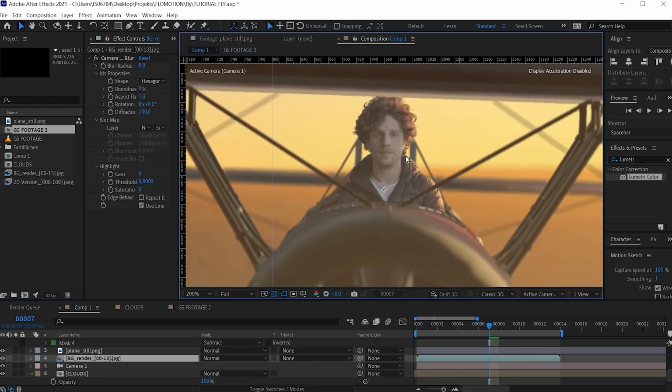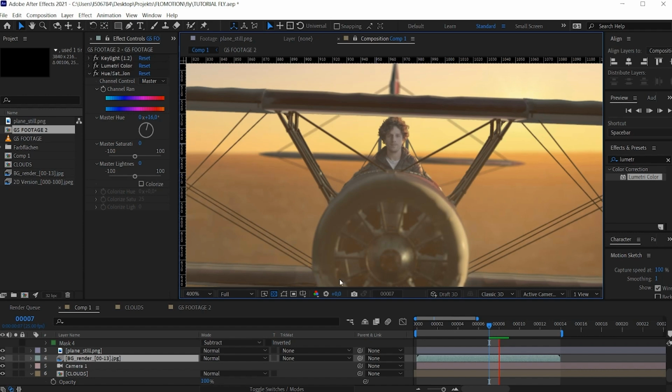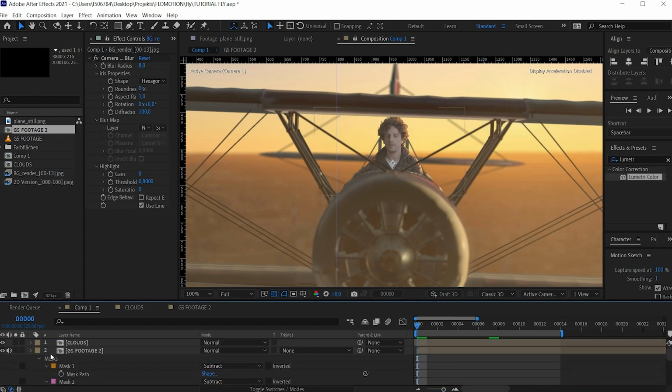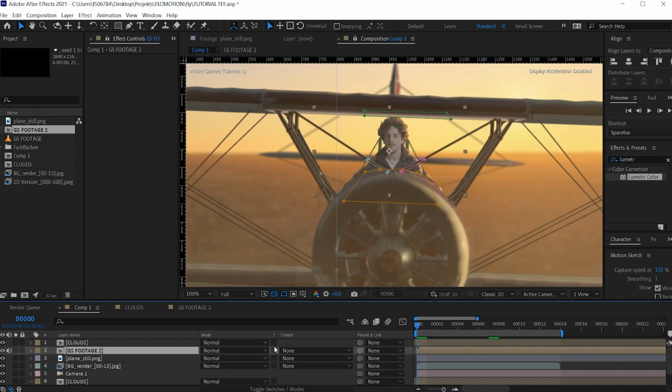Super cool. If you just take a look on my shoulder over here, so let's lock that composition, and I'm just turning this one on and off. You see? Just have a look at the shoulder, what this does with the lighting. I'm actually still not sure if I have the right proportions for that. But anyways, let's finish this off, and therefore I'm going to parent the green screen footage to the plane, and